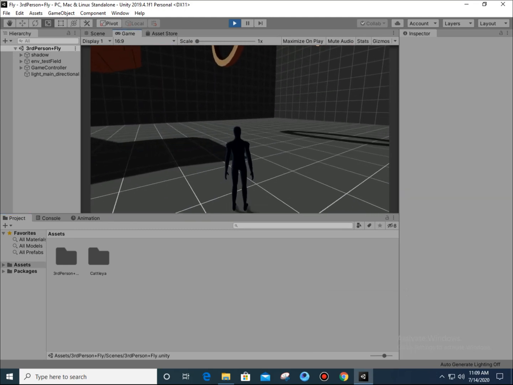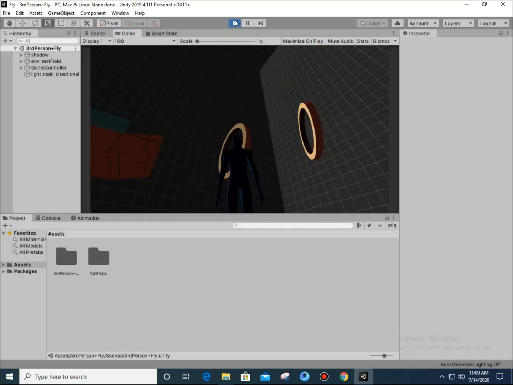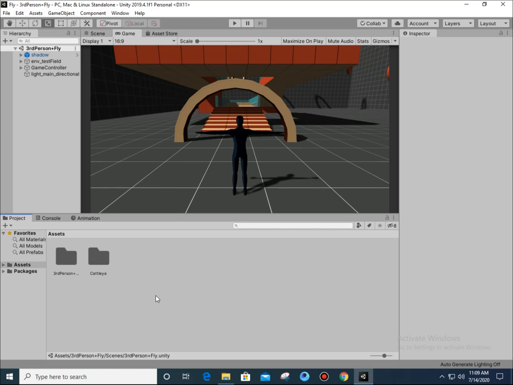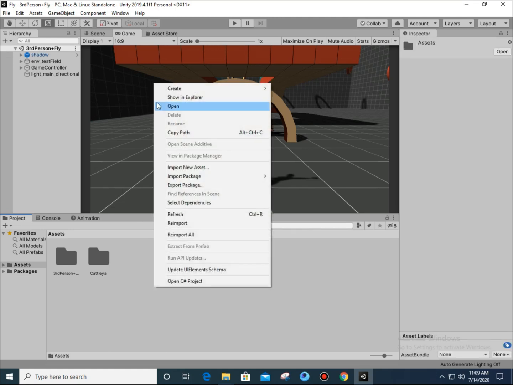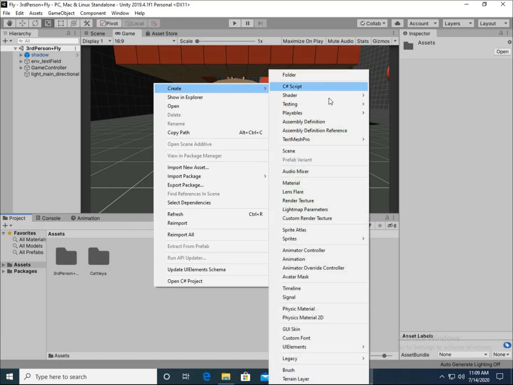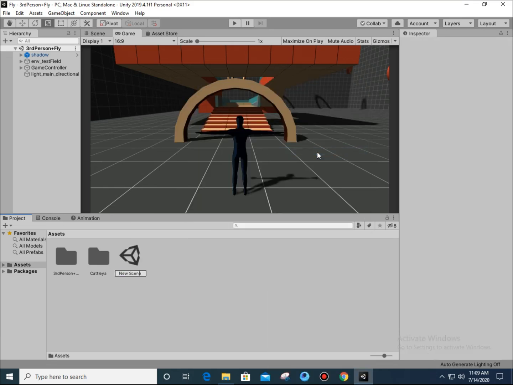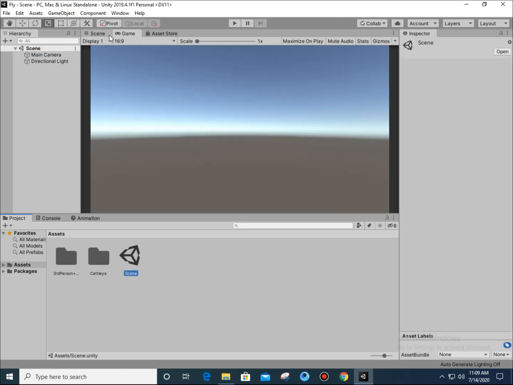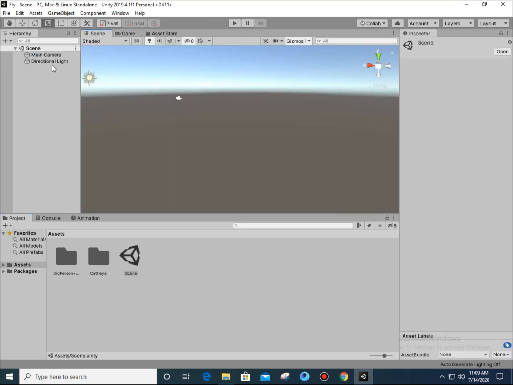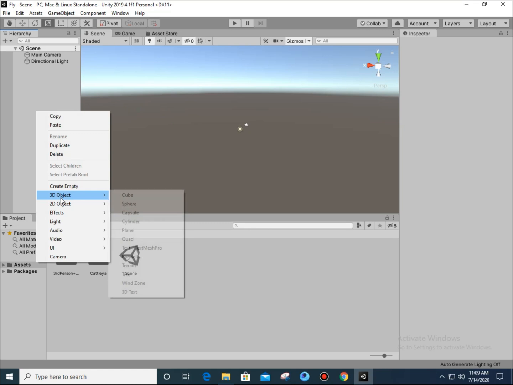Right now, let's get out of this play mode, and now we're going to need to open up the scene where you have your game, or where you wish to create your flying character. Now for me, I'm just going to create a new scene and name it scene, because I don't have any scene name in my head. Okay, now just come on here, right click on the hierarchy, and then create 3D object,